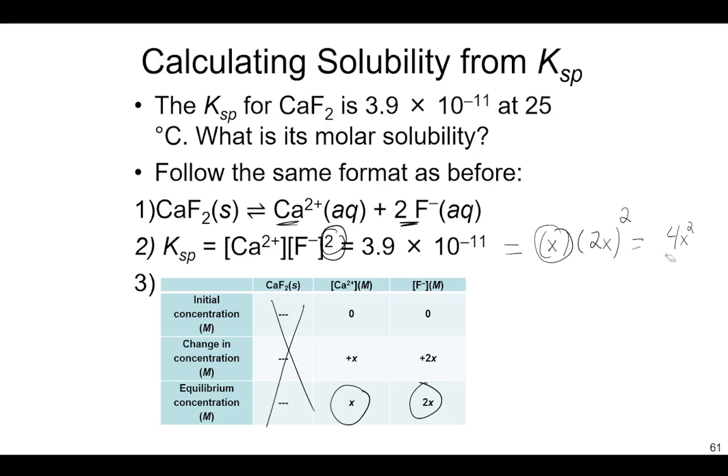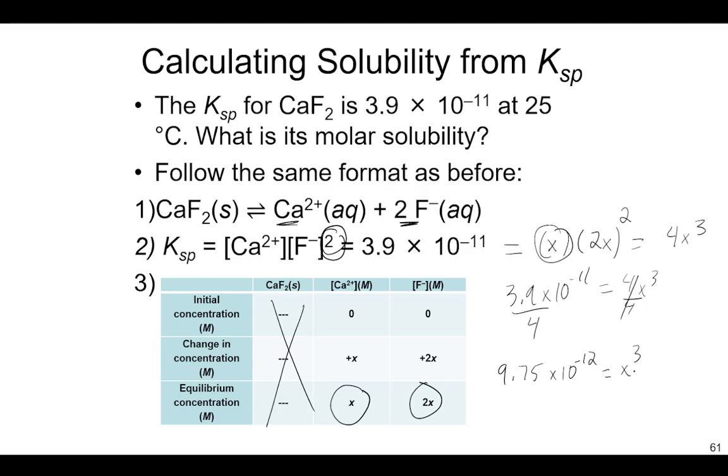So this really becomes 4x cubed. Now I have 3.9 times 10 to the negative 11 equals 4x to the third power. I can solve for x by dividing both sides by 4 to get 9.75 times 10 to the negative 12